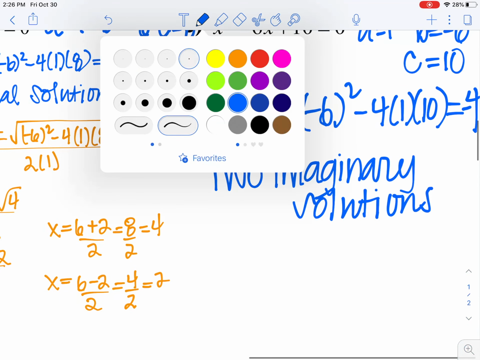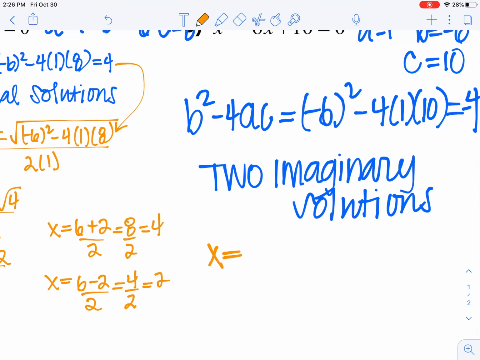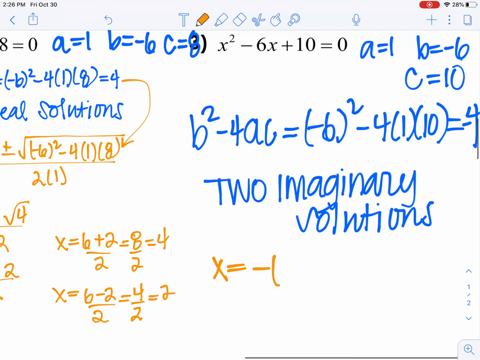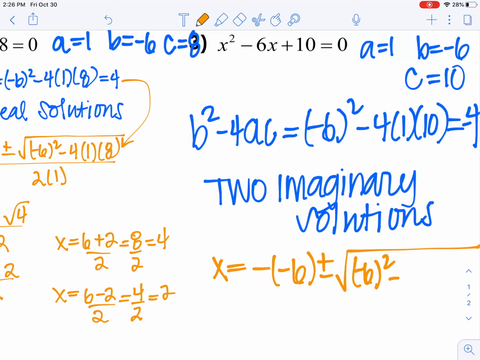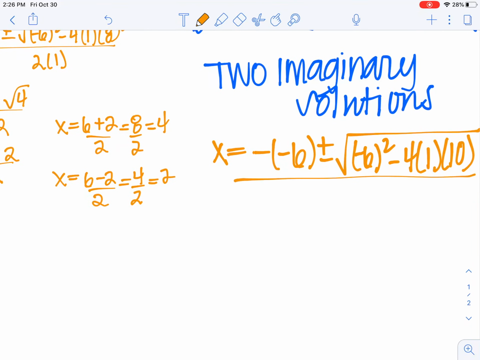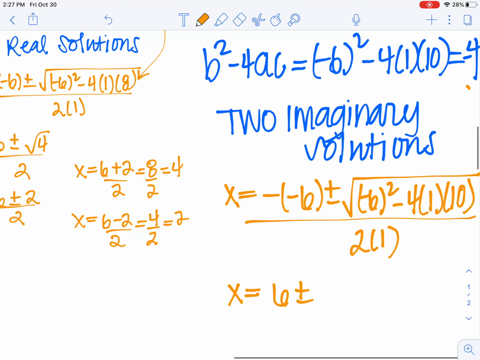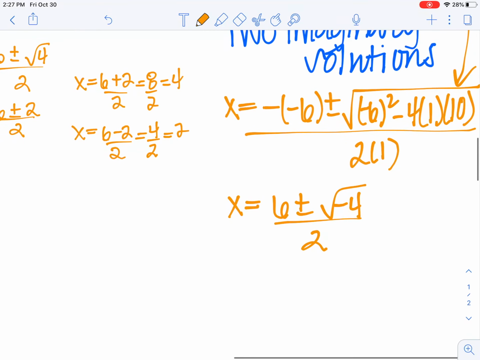Okay, so let's find them. We would say x equals negative b. b is negative 6, so negative negative 6 plus or minus the square root of negative 6 squared minus 4 times 1 times 10, all over 2a, a is 1. Okay, well, we know that part under the radical is our negative 4, so the square root of negative 4 over 2 would be 2i, right? To make that positive, we bring out the i, and then the square root of 4 is 2,